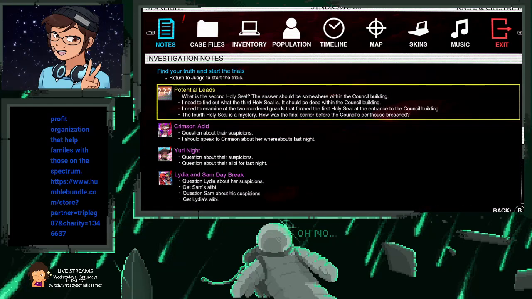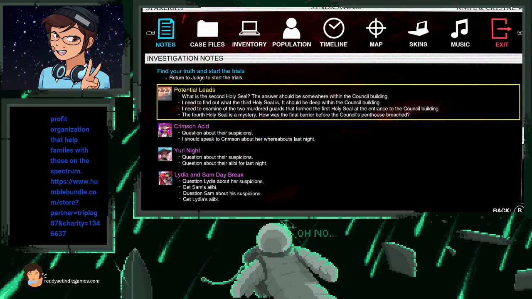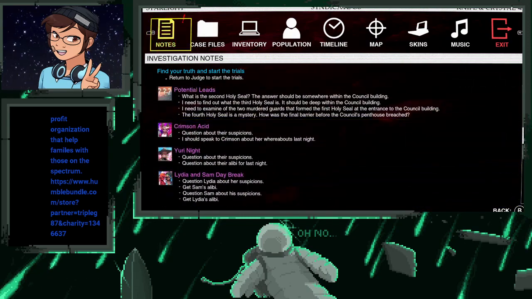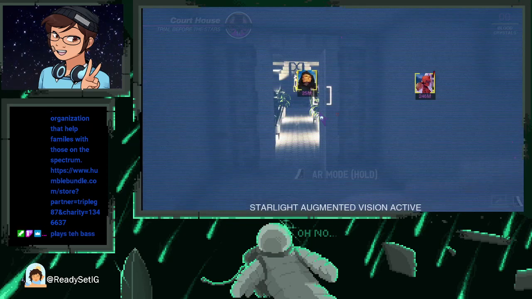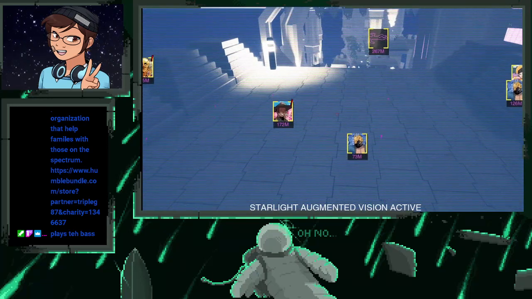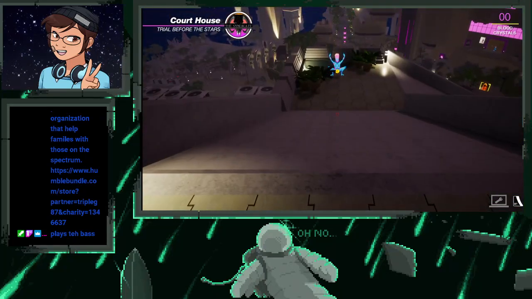All right, let's see. Okay, potential leads. What is the second holy seal? Okay, so this just tells you. Okay, so this is all the stuff I need to do. AR mode? What's AR mode? Oh, okay. Shows me where everybody is. Okay, and these are all the people I need to talk to. But I don't need to go to Judge. The closest person to us is this person. But we're gonna see if we can...